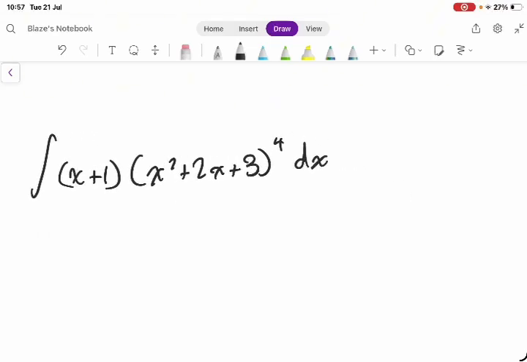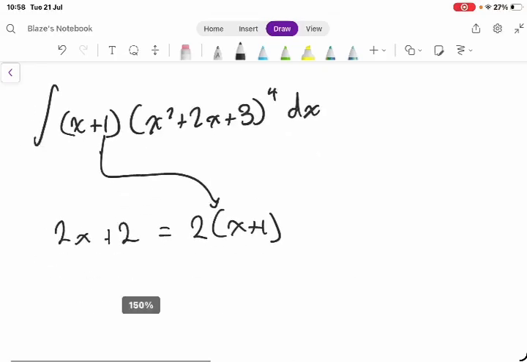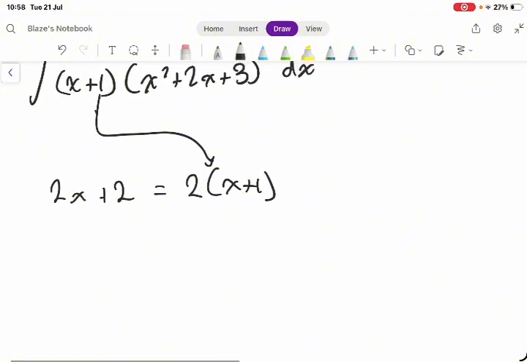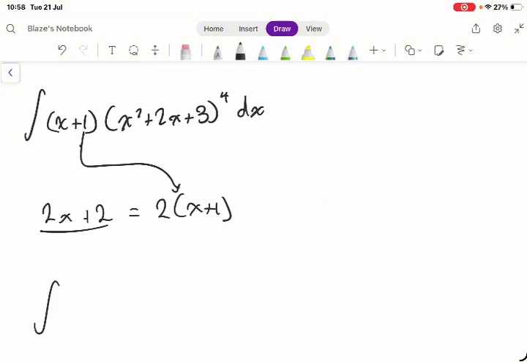Derivative of that is 2x plus 2. Now that is equal to 2 lots of x plus 1. So it is a multiple of this thing. So it is a chain rule question, or reverse chain rule. Brilliant. Now with that derivative, we're going to multiply by 1 over that derivative. So x plus 1,